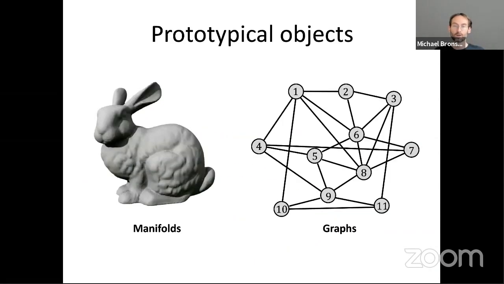So geometric deep learning really encompasses two prototypical objects, manifolds and graphs. If I have time towards the end, I will try to extend it to a little bit more than that. And apparently these are very different structures, right? So even if you ask people that work on manifolds, differential geometers, and people working on graphs, basically graph theorists,